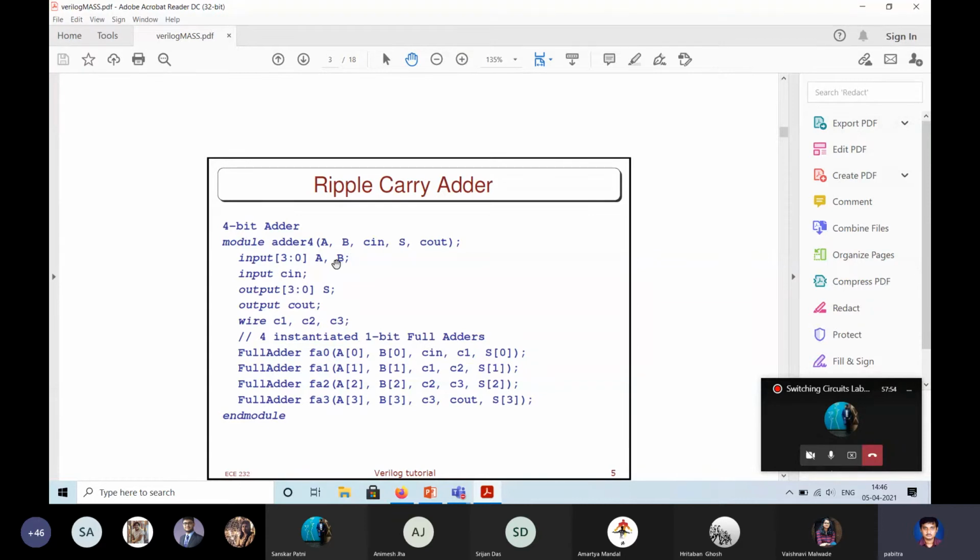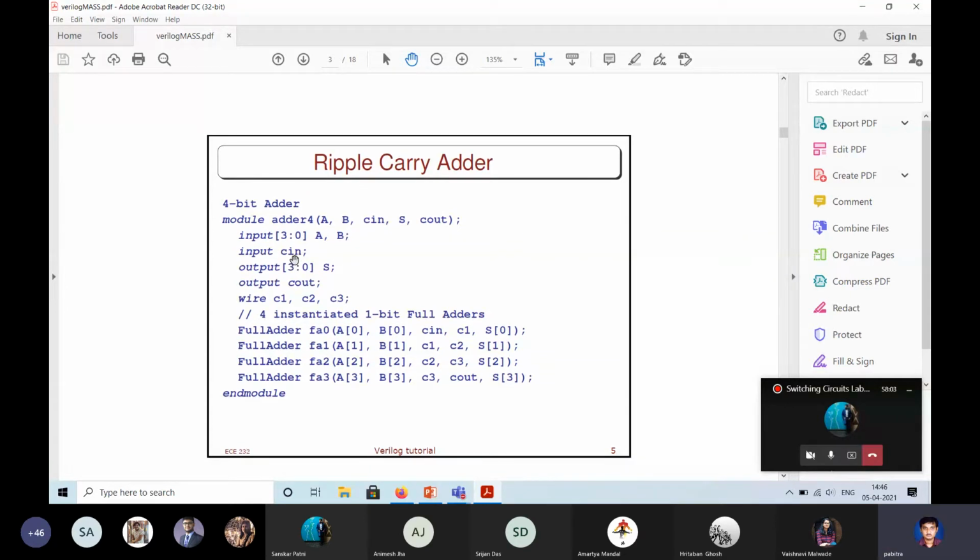So these are like arrays. These are bit vectors, or words you can say. Cin is a single bit. S is the sum, which is also a bit vector, and C out is a single bit. We have intermediate wire variables C1, C2, C3, which are single bits.